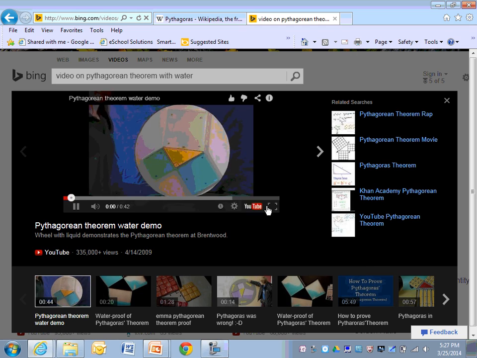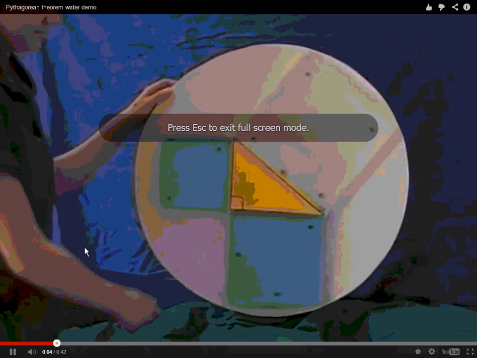This video uses water to show that if you have the area of the two sides squared, the two legs, that takes up the same amount of area as the hypotenuse squared. And conversely, if we put it back the other way,